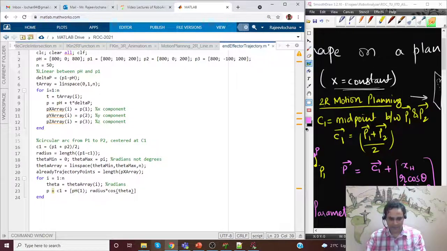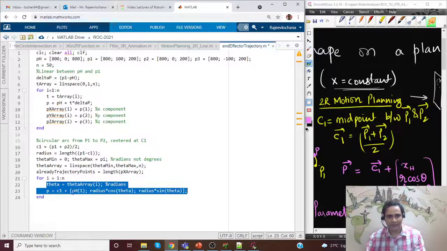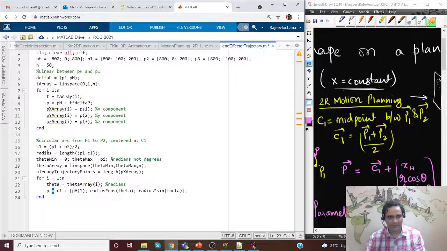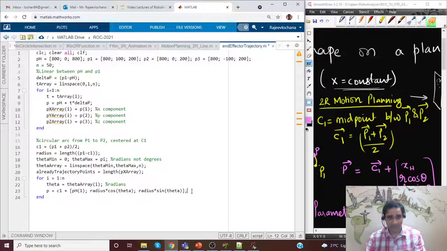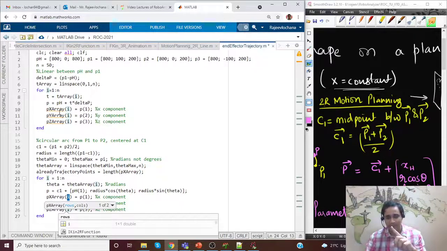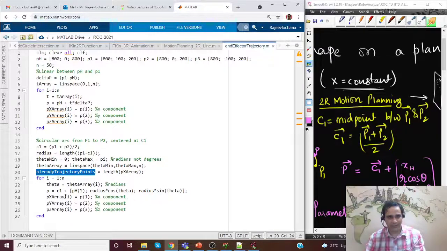Okay, then we'll have radius into sine of theta. So these points, when we do the iteration, we'll get the value of P. Now we have to be a bit careful here. If I use I, we'll override the linear terms. So instead of using that, I'll use